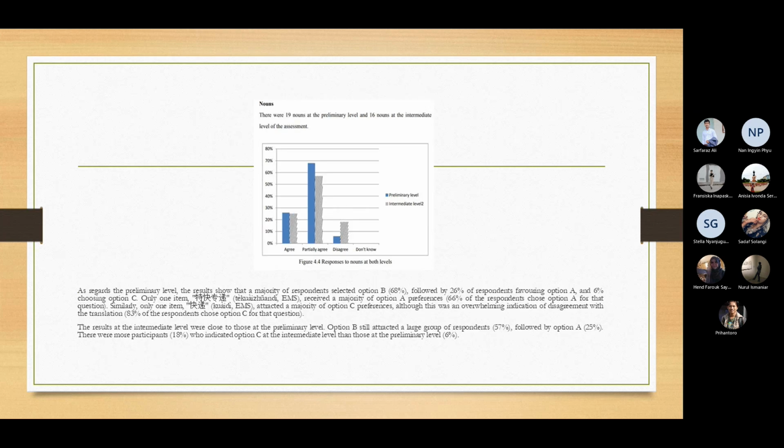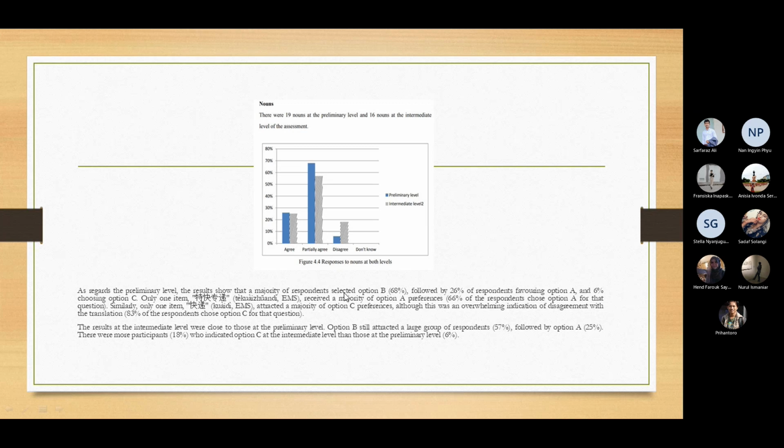About the nouns, there were 90 nouns, and at the preliminary level 11 and 16 nouns. Mistakes of equal translation were assessed at the intermediate level. So there is also a detailed description where the results of both primary and secondary are given. And if we look at the